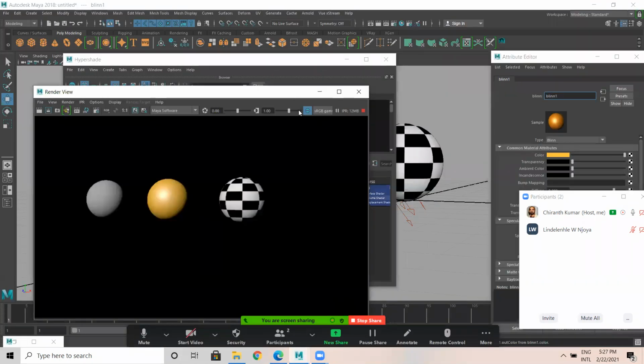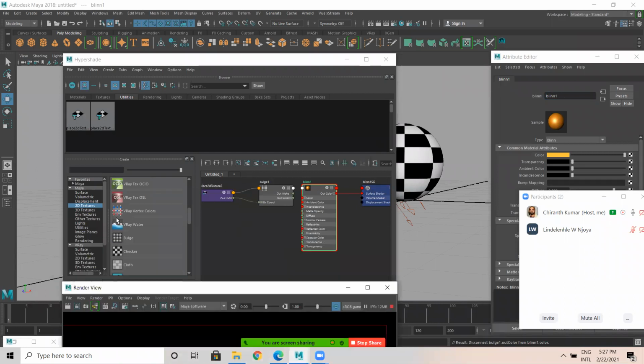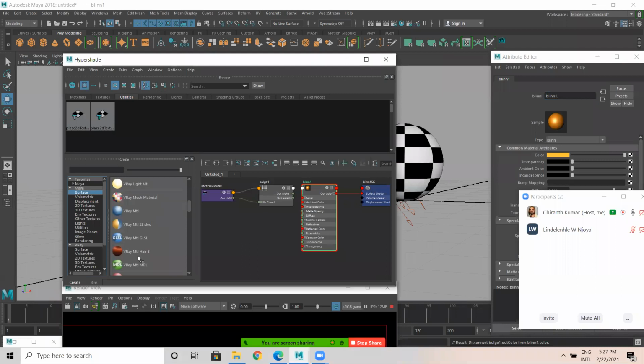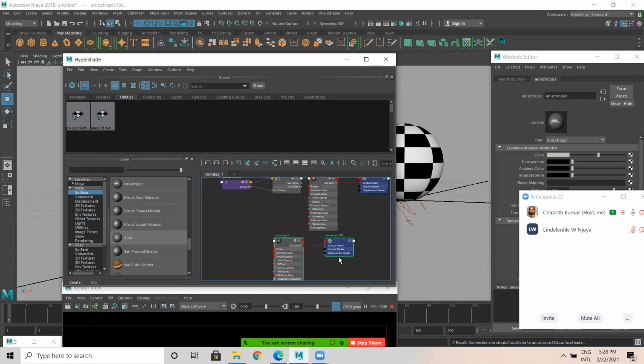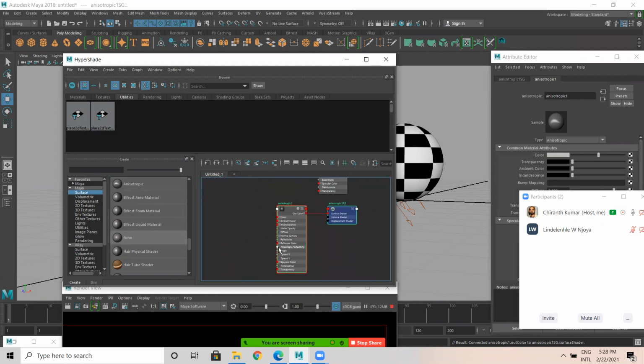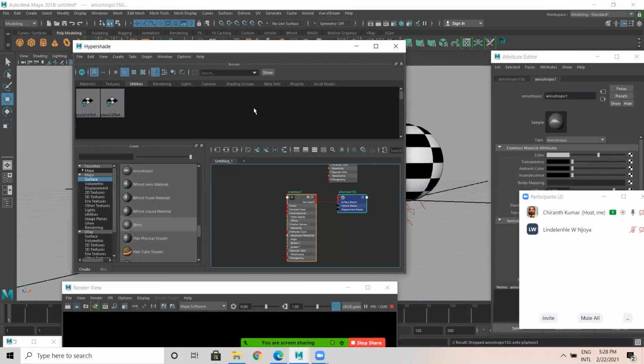So now I'll take another material surface. I'll take a Lambert surface. Or let me take anisotropic, another type of material. Let me place it down, and I would like to apply this material: middle click, drag and drop here.